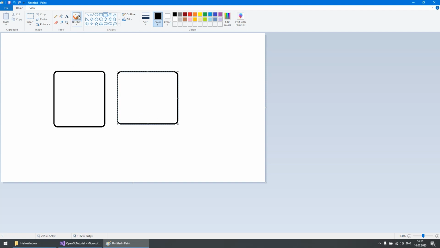One of them is the front buffer and the other one is the back buffer. The front buffer is the buffer that will be displayed on screen, and the back buffer is where the rendering process happens.